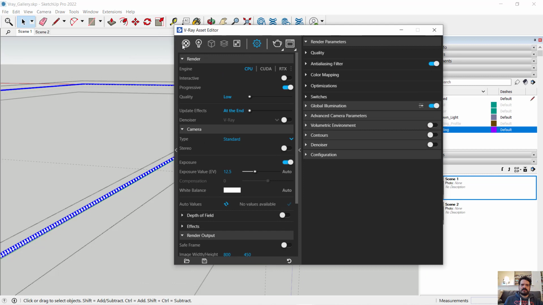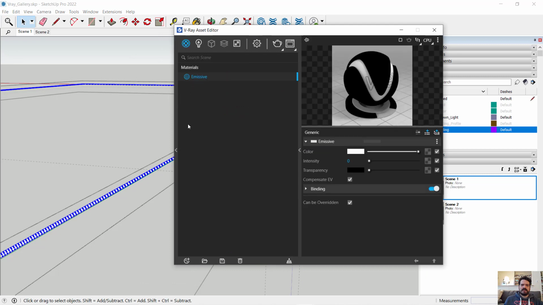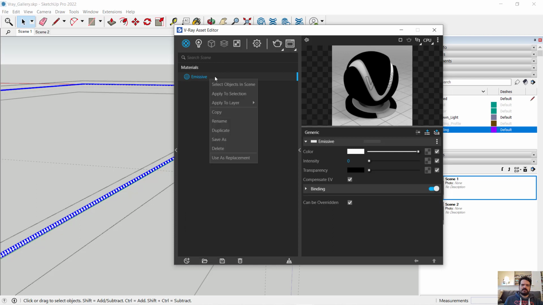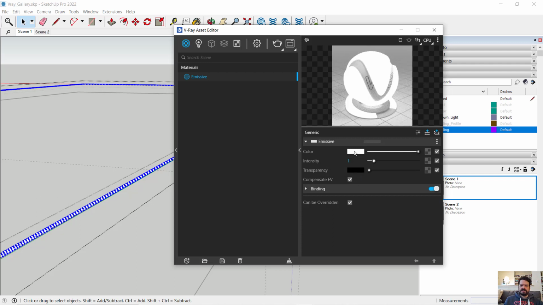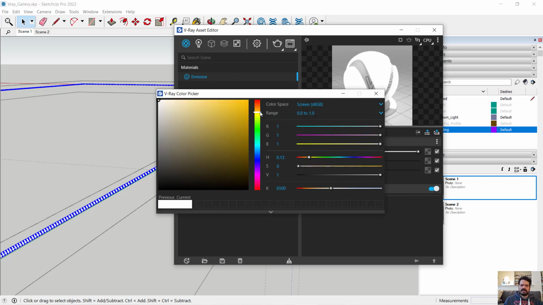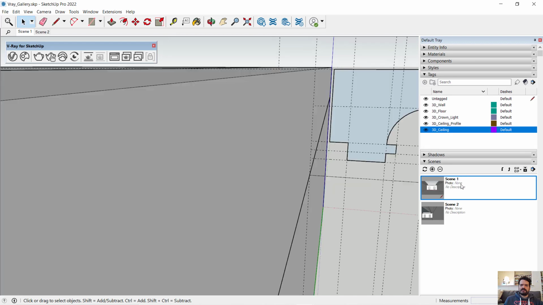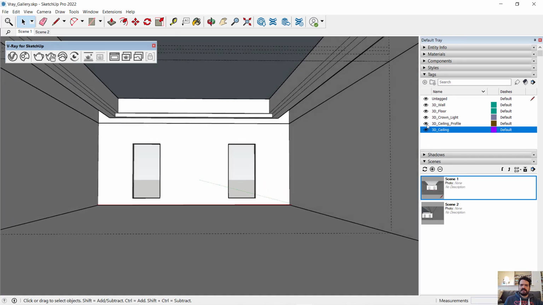I'm going to open that component, and I have here an emissive material that I created under Materials, Emissive. I'm going to apply that to my selection, and the emissive material has a color and an intensity. If I were to set that to an intensity of 1, and I'm going to set just a slightly warm incandescent color, return to my scene,